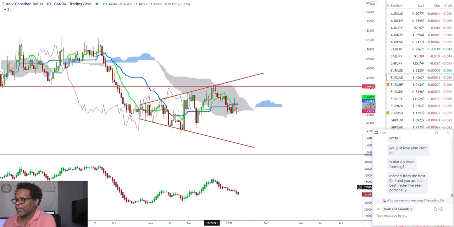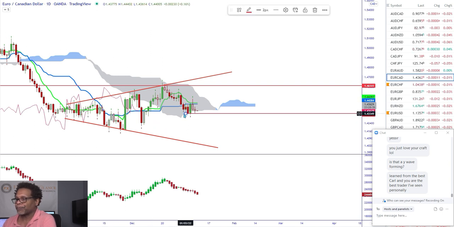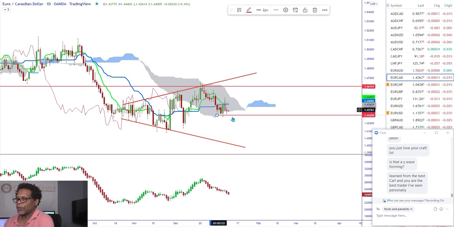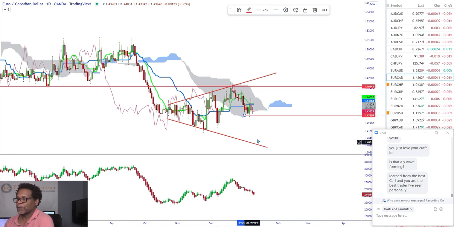And you could see there's a lot of supply in this market still. So I think we still see this drop. I would short this Kumo breakout on the daily time frame. There isn't any momentum either way. It's flat Tenkansen, flat Kijunsen, flat cloud. But based off of the structure, we should see the pushback to the downside. So that's what I would be looking for at this point.